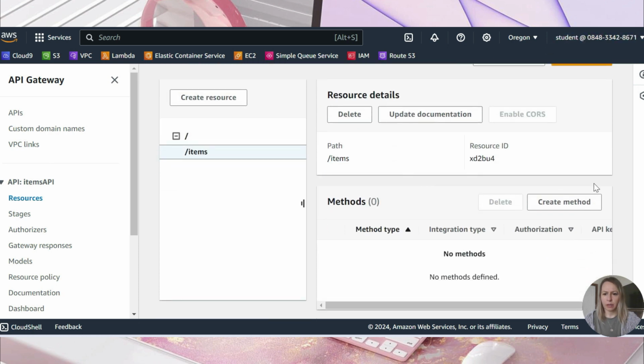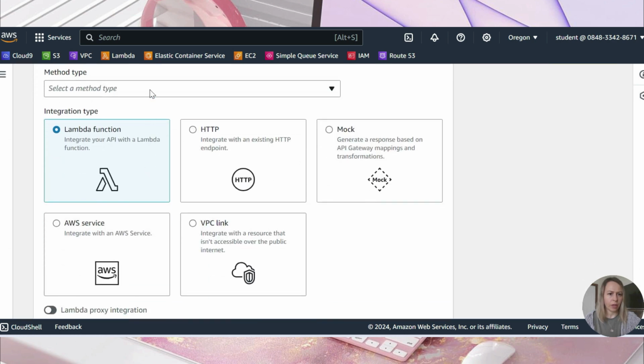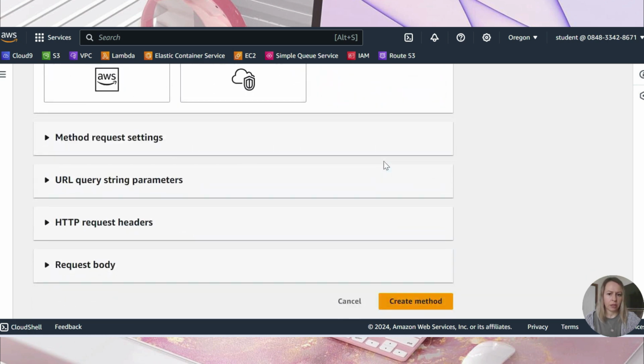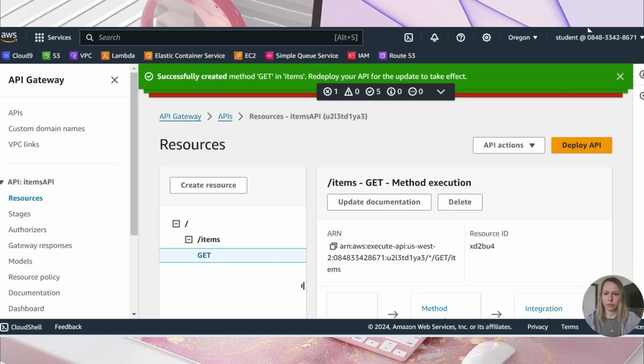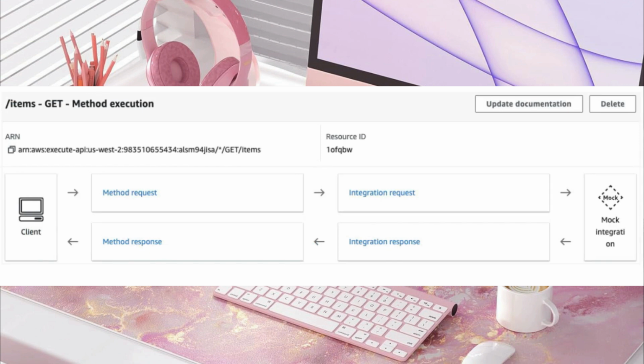We are going to create a method to retrieve the items. Method type GET, mock, generate response based on API Gateway mappings and transformations, and create method. The method execution table is displayed. This diagram shows the standard flow of a request made to the API Gateway endpoint in case of get items, and